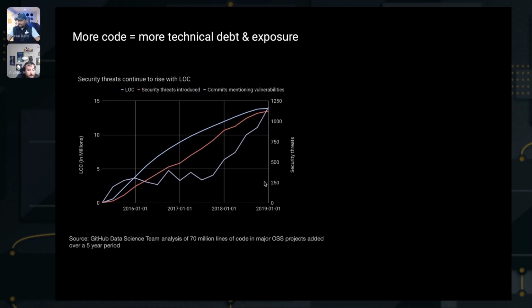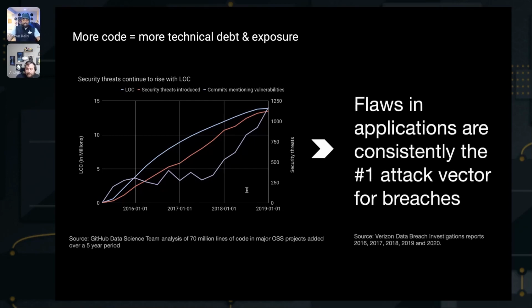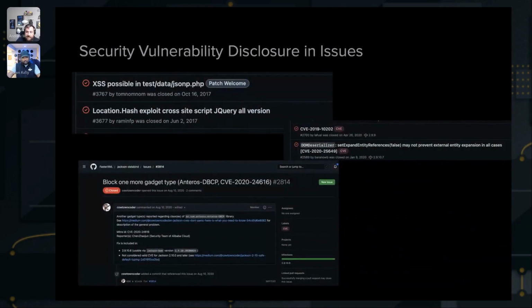Even the next answer to that question came from Michael, and his answer is spot on. I think it's important to remember that the supply chain is affecting more than just our applications; it's also the tooling that we use and so forth. Good feedback, everyone. It rings true to the Verizon Data Breach Investigations Report I was chatting about: year over year, flaws in applications are consistently the number one attack vector. So knowing is part of it, but also having a means to fix things in a timely manner.